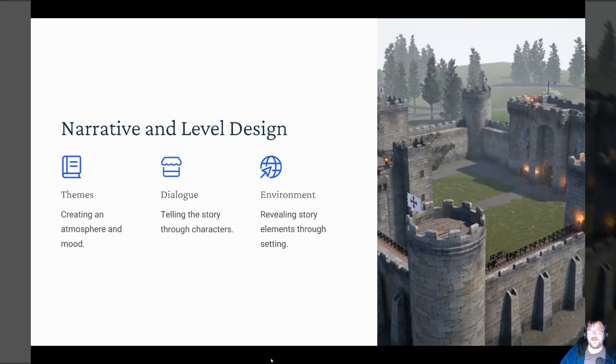So next up, we want to talk about narrative and level design. So how our story is portrayed throughout the level. What themes, dialogue, and environment are the three major points. So the themes are